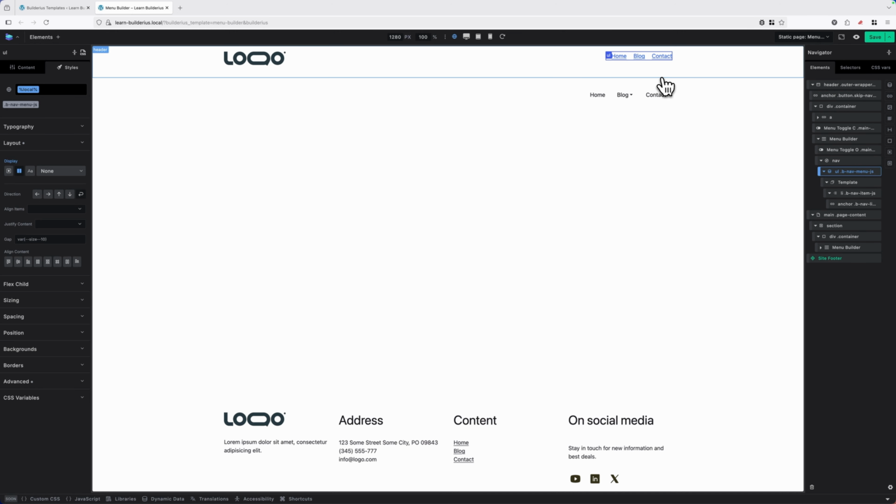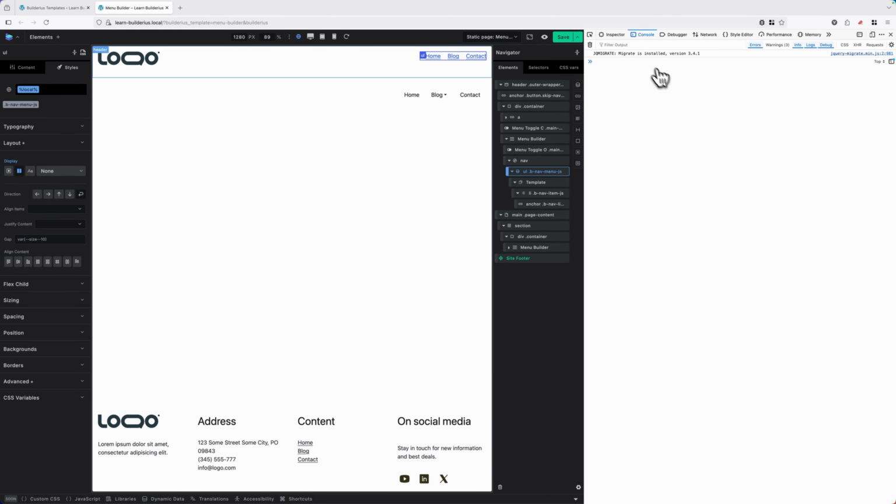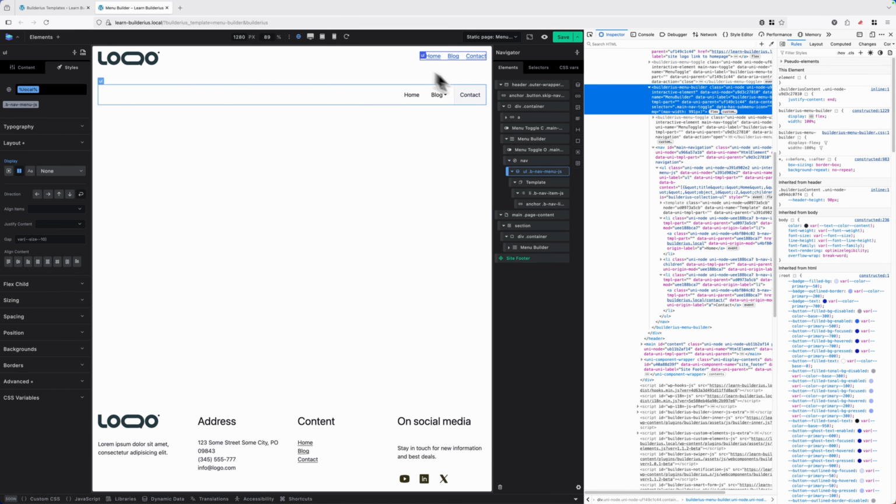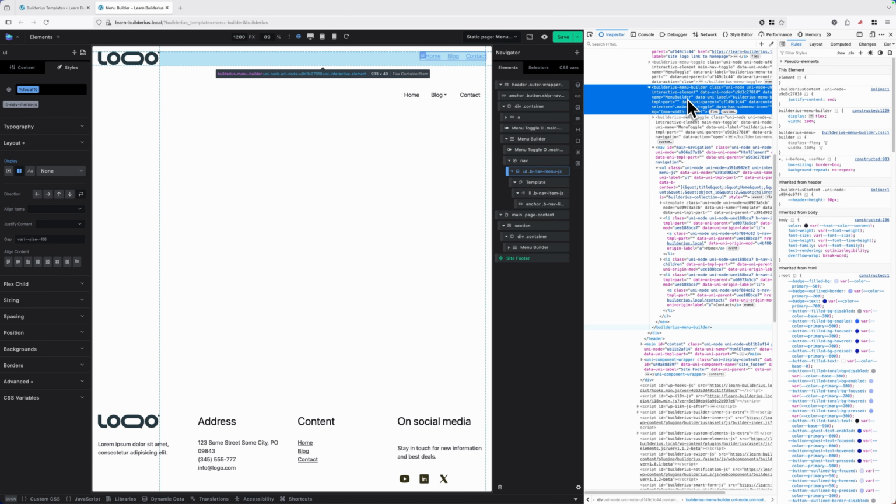Now it's time to look at the mobile version of this menu. When I was telling you that the styles are gone but functionality is still here, I was referring to automatically added classes that turn the menu into a mobile menu, etc. So let me show you how it works. For that, I'm going to open browser DevTools. We have here the inspector for inspecting the HTML structure of the page. So here I open my Builderius menu builder element,